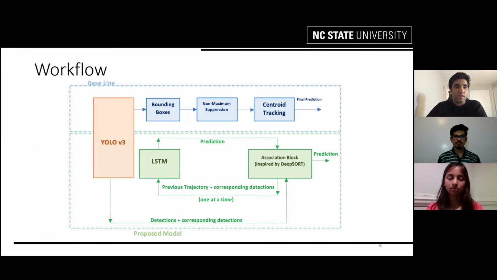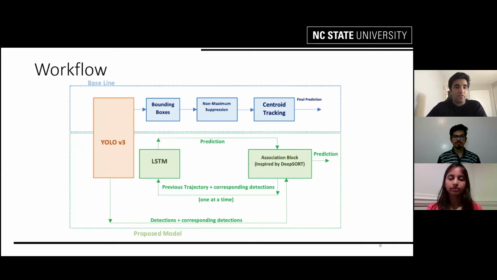Some trajectories may not find an association as they aren't close enough to any detections based on various metrics. If this happens continuously for a few frames, such a trajectory is deleted. If there are detections that aren't matched to any trajectories, new ones are created. The output of the current frame is now ready.